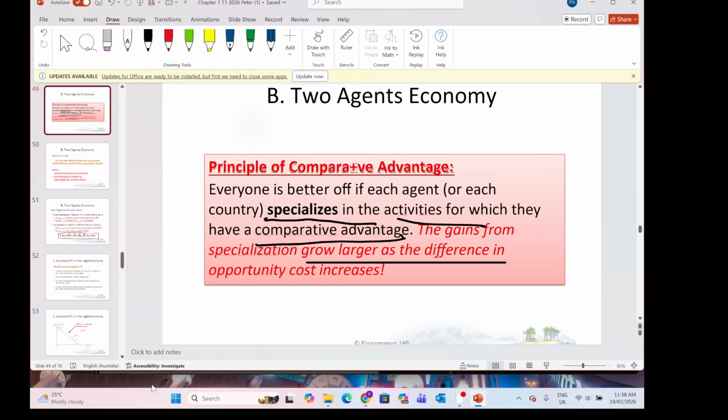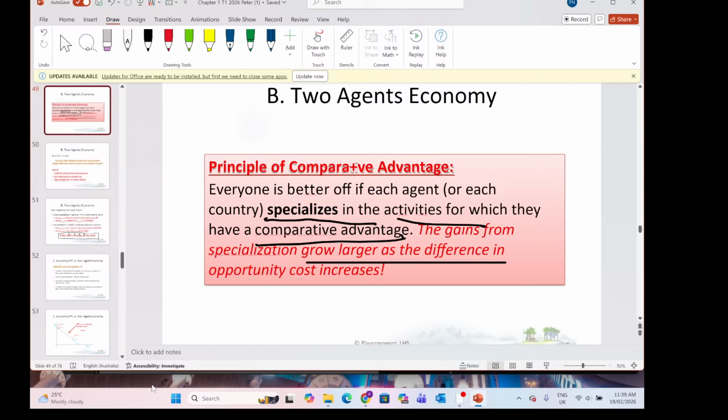I gave you an example of a plumber who needs some electrical work done. What should the plumber do? Should the plumber do their own electrical work, or do more plumbing, specialise in what they're good at, and then ring the electrician to come and do what they're good at? So the plumber will be selling plumbing services and buying electrical services, and this links the topic to supply and demand.